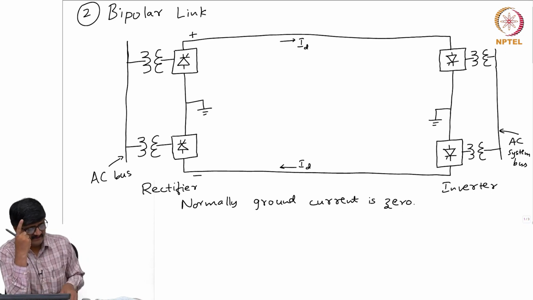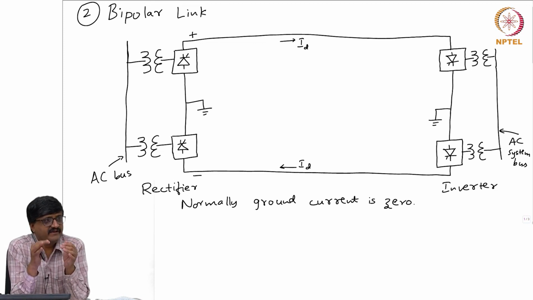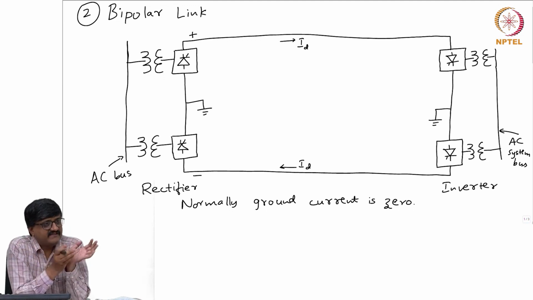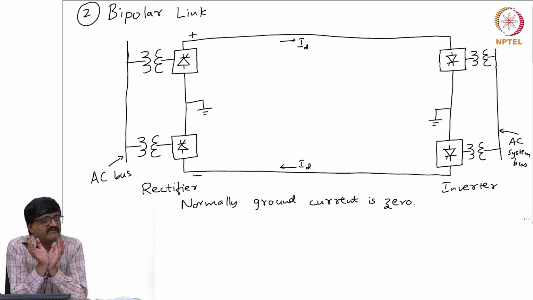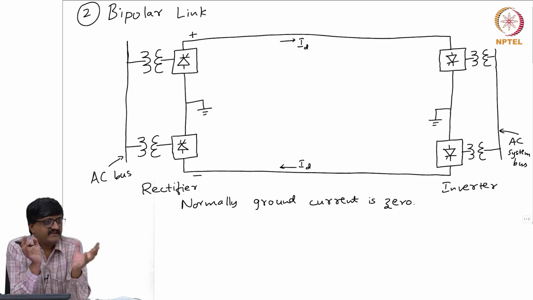Neglecting the leakage inductance was for the sake of simplicity, to show that some harmonics get eliminated. The leakage inductance is actually non-zero, and it can't be neglected. It serves as the inductance appearing in the model of the AC system on the AC side of the converter. So, I have a 3-phase voltage source with an inductance. If you go back to the 12 pulse LCC, I have one YY transformer. There is a leakage inductance and there is a representation of the AC voltage, which is nothing but the AC system bus voltage.